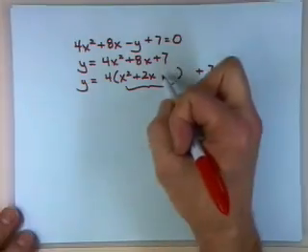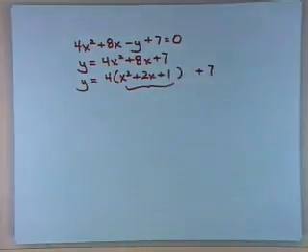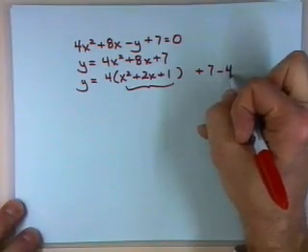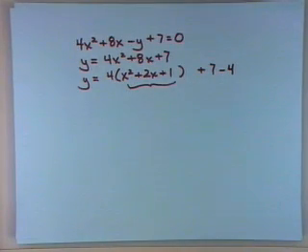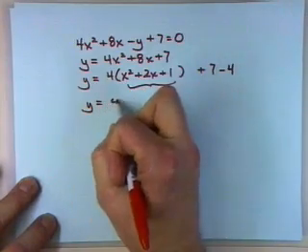Plus 1? Okay, now pay attention to what I do here. What did I just do to the right side? Just added 4, right? By putting 1 in parentheses, it was multiplied by 4, so really I just added 4 to the right side. I better also subtract 4, or I've changed the problem. I can't just put a number in on one side and not compensate for what I just did. So this becomes